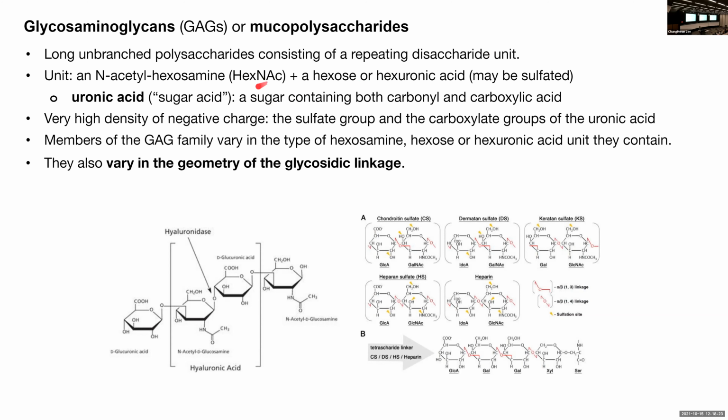So again, one is a hexosamine and the other can be either hexose or hexuronic acid, and that can be sulfated too. And there are different types of hexosamine and different types of hexose, of course. Hexose can be anything with 6 carbons, right? And the hexuronic acid too. You can have tens of different kinds of GAGs, basically. So depending on the members of these, you can have many, many different kinds of